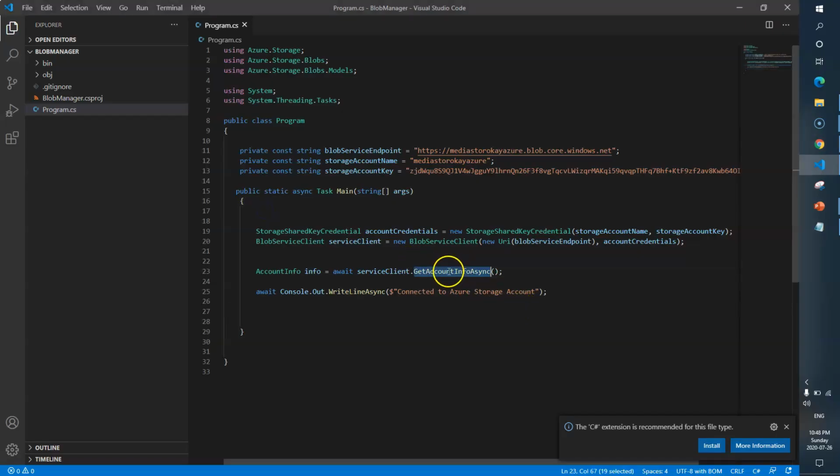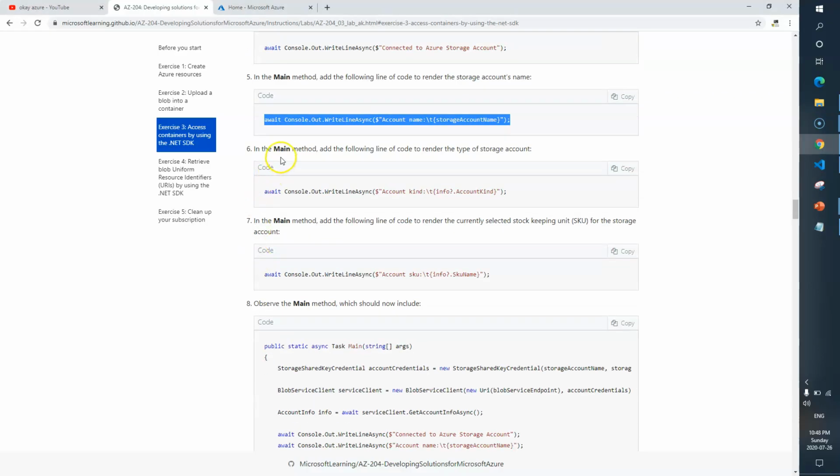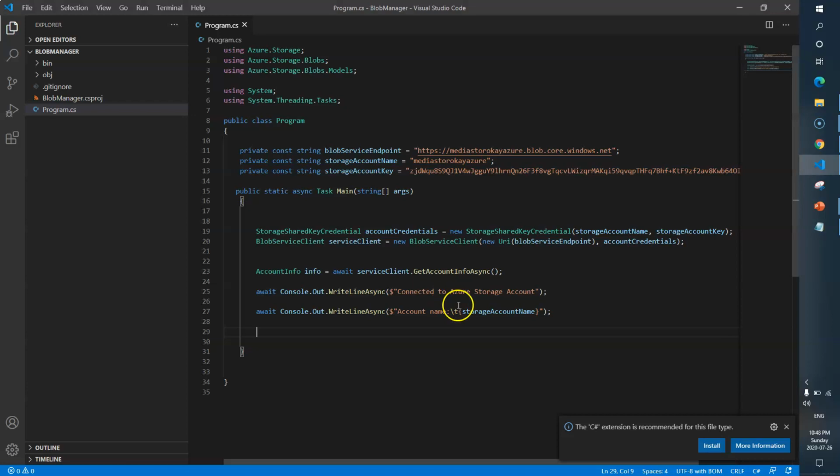So this particular method will get the account information, and here we are going to print the storage account name. Now the next thing is, in the main method, add the following line of code to render the type of storage account. Let me just copy. I'll paste it here. So if you see here,